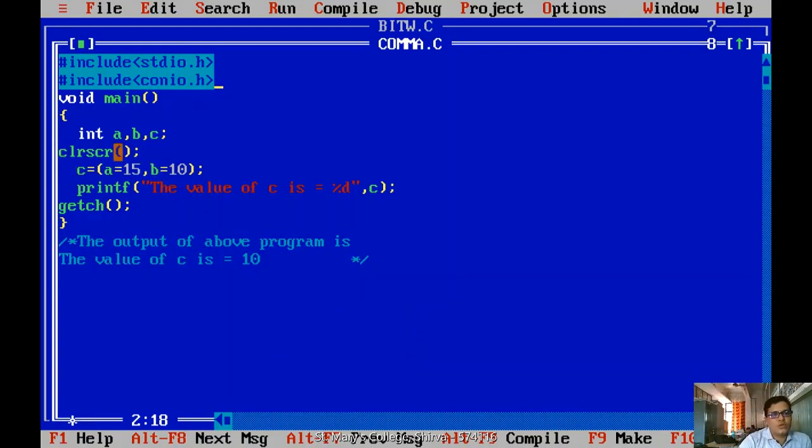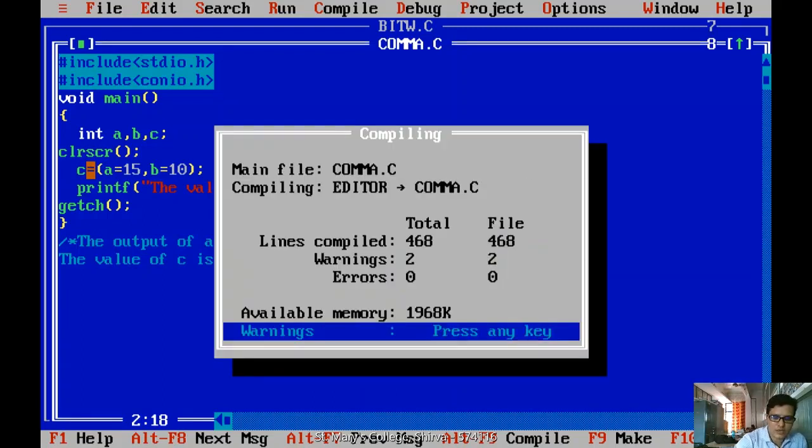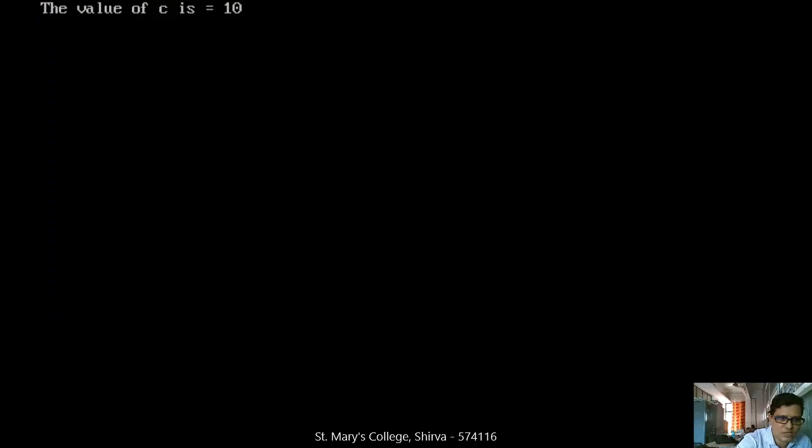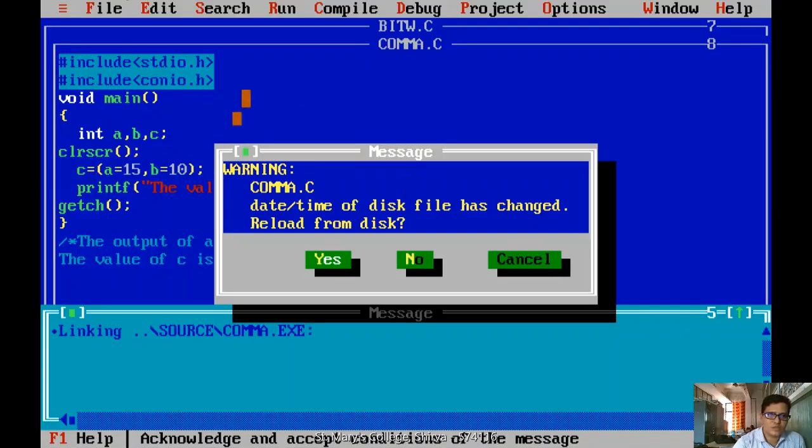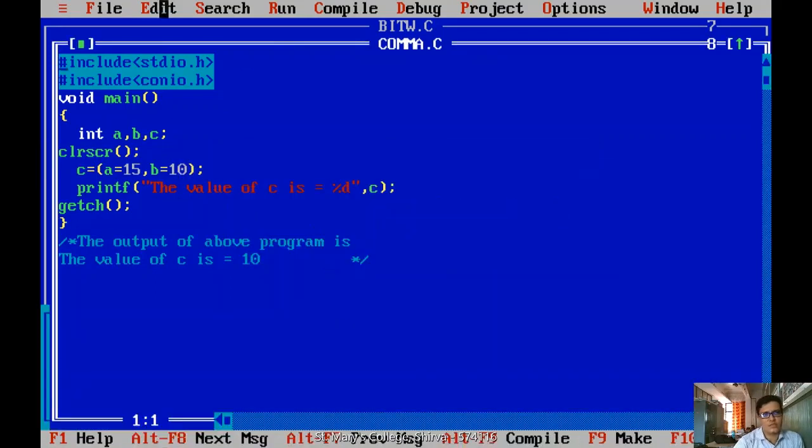If you use value initialization with multiple statements as one single statement, the value of the rightmost will be stored in whatever variable you are assigning. Now compile, and we have two warnings, which we can skip. Now you see that 10 will be stored because b is the rightmost.